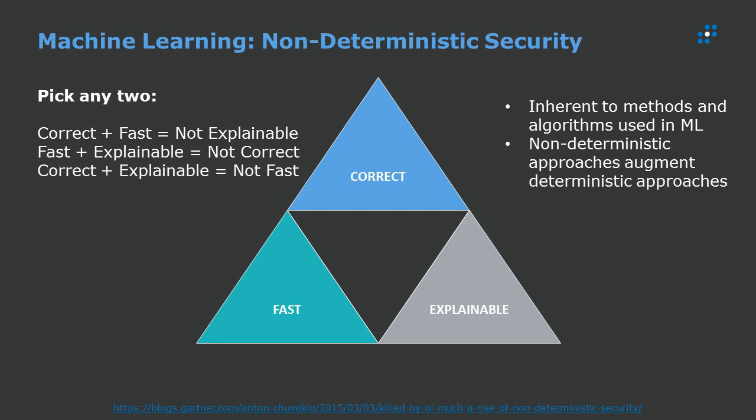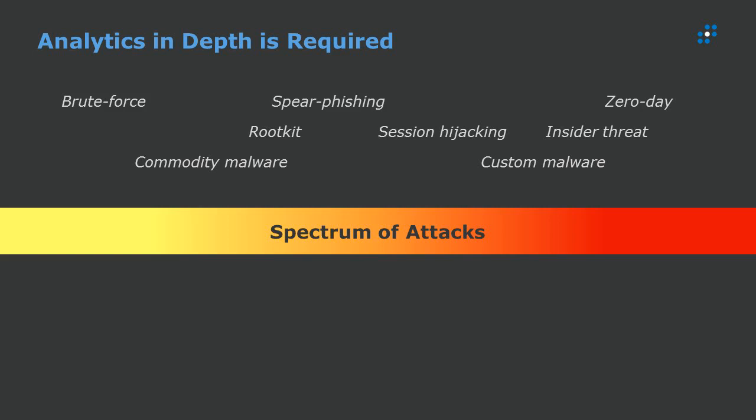And you know, we obviously want the output to be correct, we want it to be quick, but that's really at the cost of it being explainable. And ultimately a non-deterministic approach is always going to augment a deterministic approach. And, you know, what we mean by that is a rule-based approach provides certainty over insights. So let's just talk a little bit more about why we might want to adopt both approaches before we move on to talking about the SOC itself.